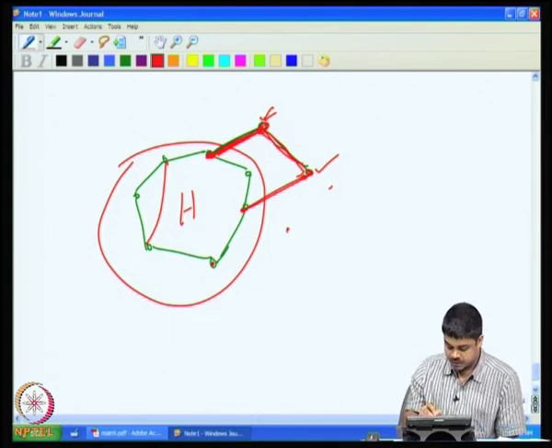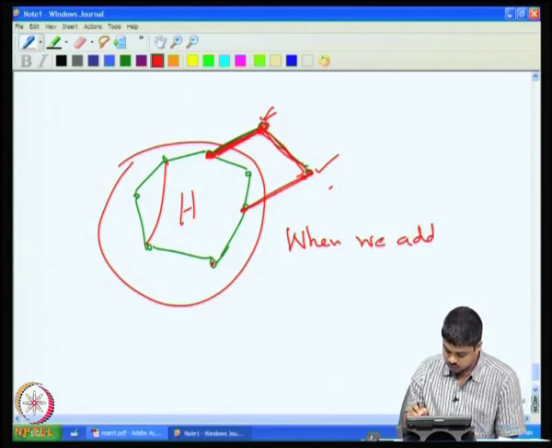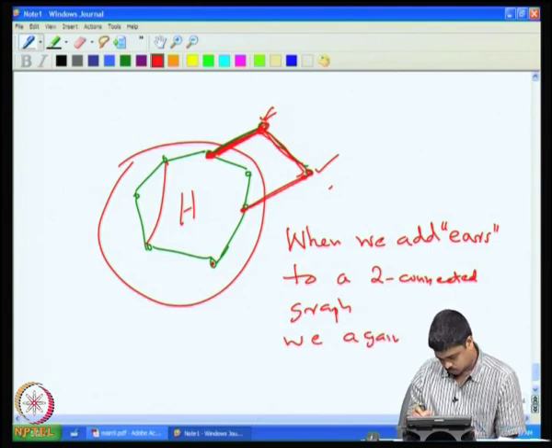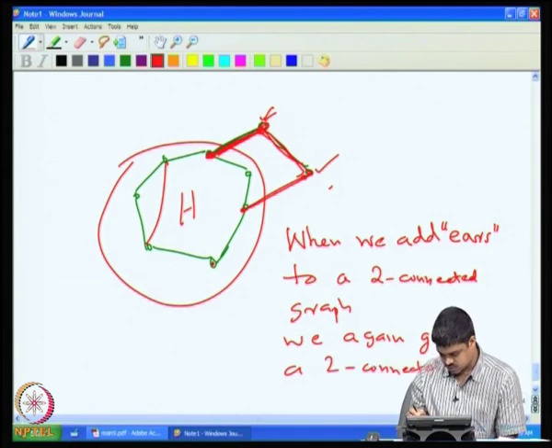So, when we add ears to a two connected graph, we again get a two connected graph. This is very obvious,